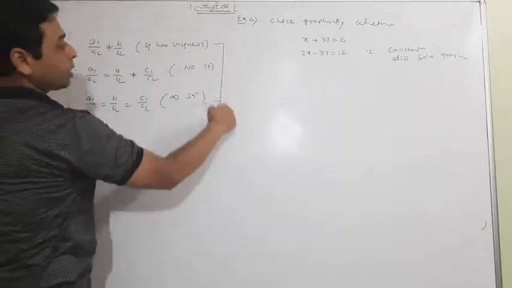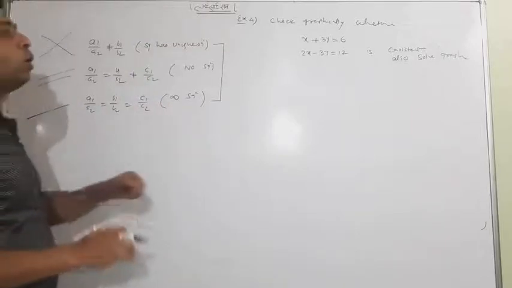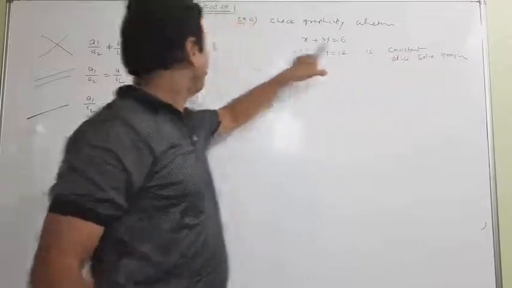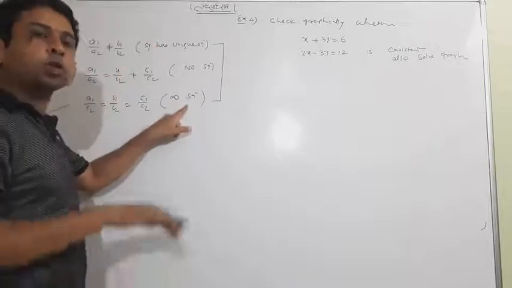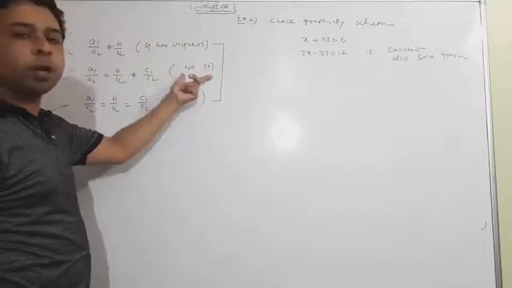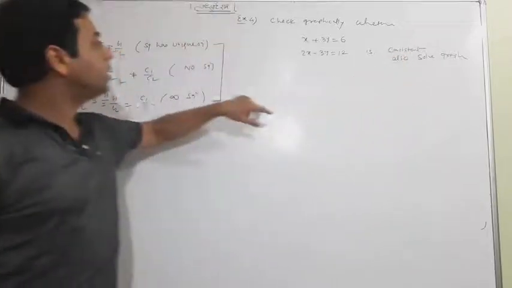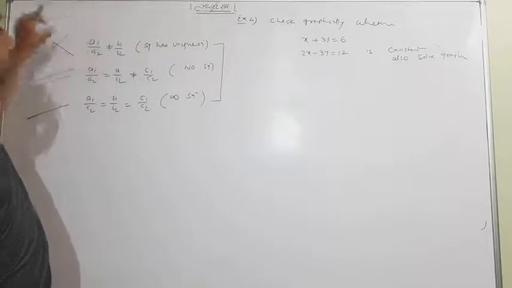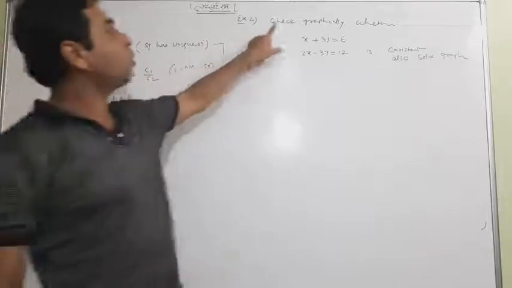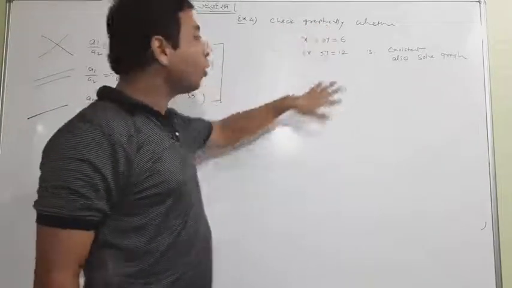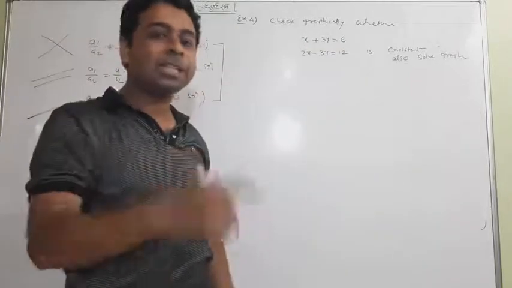In these two cases, when lines are intersecting and lines are coincide, it is called a consistent solution. Meaning unique solution is also called consistent solution, infinite solution is also called consistent solution, and no solution is called inconsistent solution. So remember the word: whenever consistent comes, it means either it is a unique solution, meaning lines are intersecting, or it is an infinite solution, lines will coincide, and it is called check graphically. Meaning we need not check by A1 upon A2, B1 upon B2, C1, but we have to check by drawing the graph and seeing the nature.